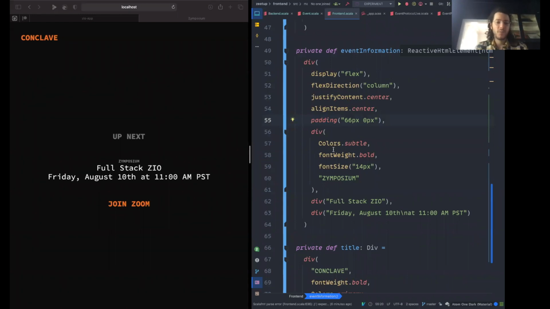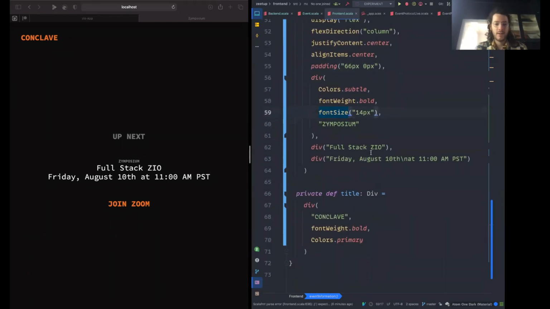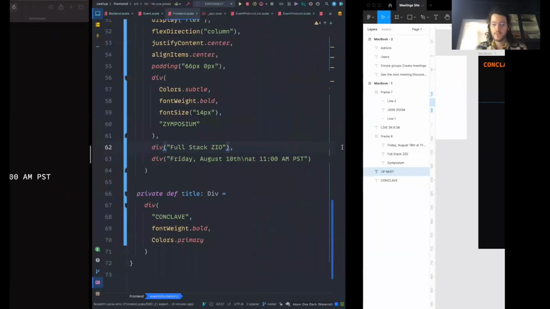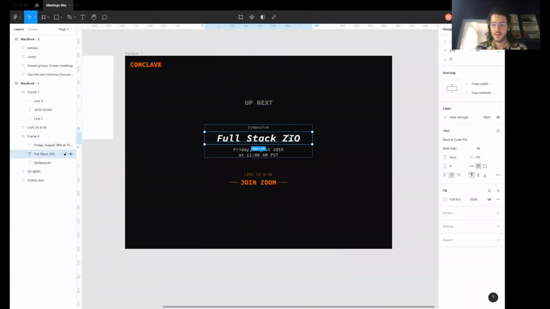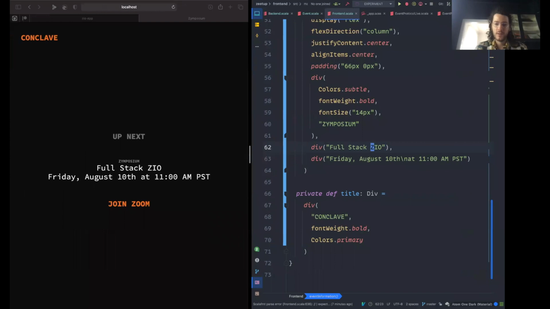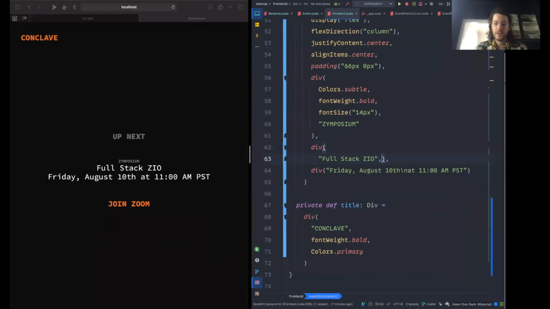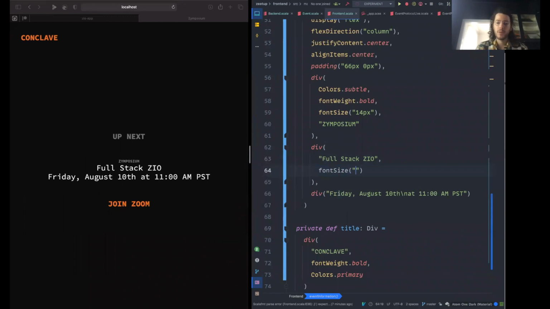Okay, so now we have some spacing. Doesn't look great yet. Full stack Zio. What did this look like? This was bold and 36 pixels. And once again, with these styles, with these things like font sizes, we probably want to break these out because